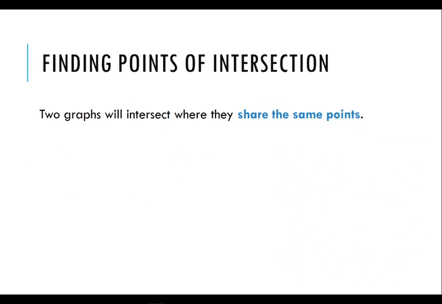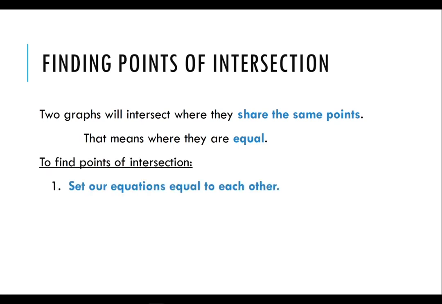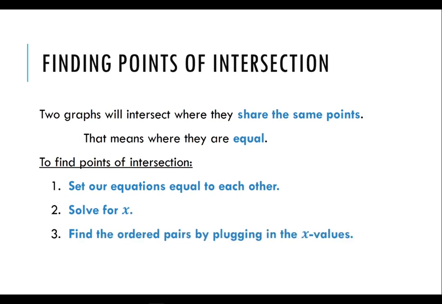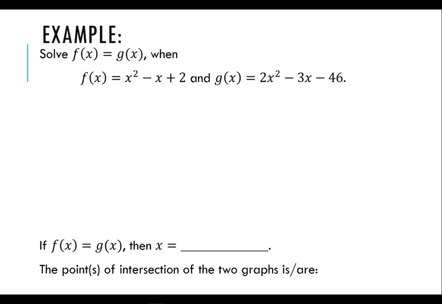If we want to find the points of intersection, first off, let's understand what those are. That is, two graphs intersect where they share the same point. Or if you're looking at the graph, it's where they literally overlap. The other way to say that is when they're equal. So if you have two functions and you set them equal to each other, you can just manipulate them algebraically and solve for the x's, and the x's that you find will be the values where they intersect. That is exactly this. Set our equations equal to each other, solve for x, find the ordered pairs by plugging in the x values. So we want to figure out where this f of x and this g of x